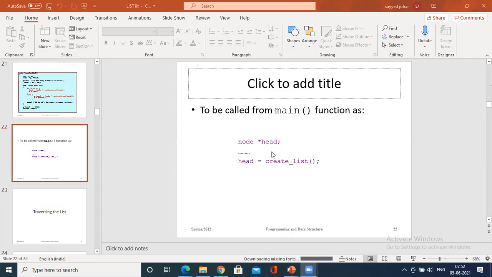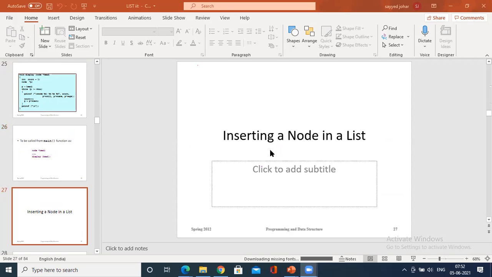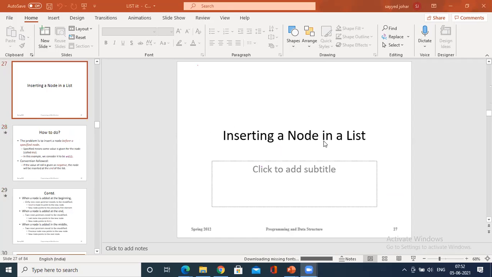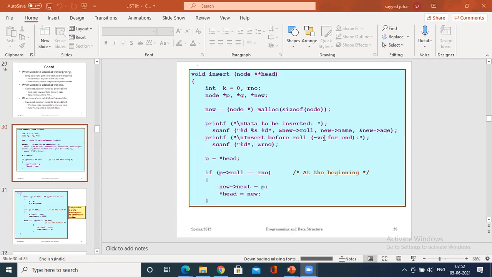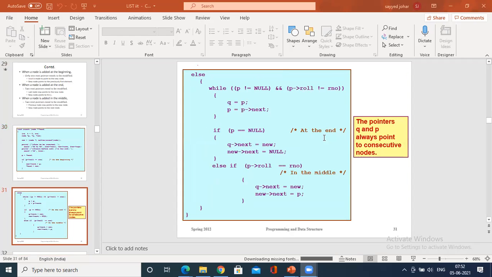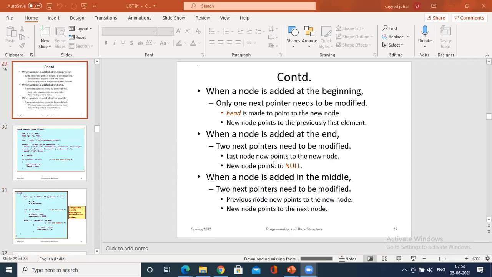So then we have a program. Before going to the program, I have taken some of the students' feedback. They're finding it difficult with programming. So I don't want to annoy you with the high fundamentals. Let me go with the basic things. In fact, data structures is one of the complex parts of programming for a student at the beginning level without understanding the logic of it. If you understand the logic basically, then you find it easy.